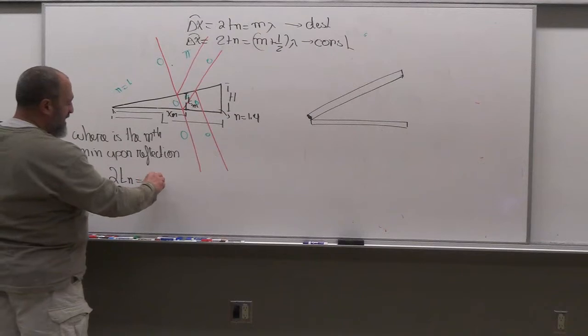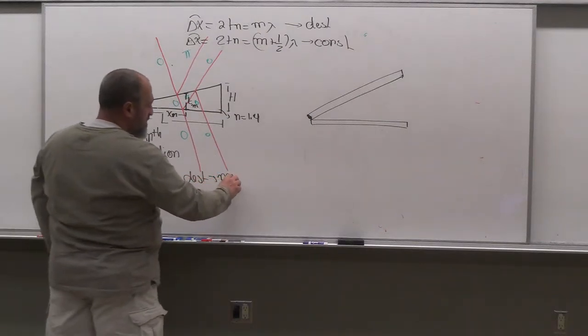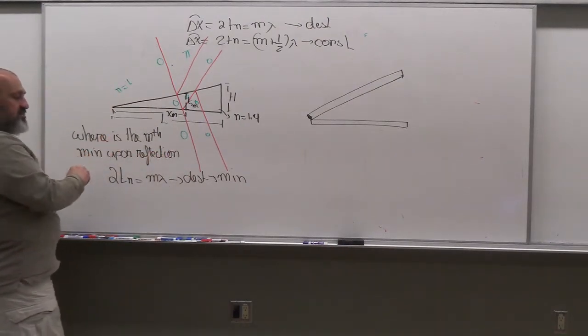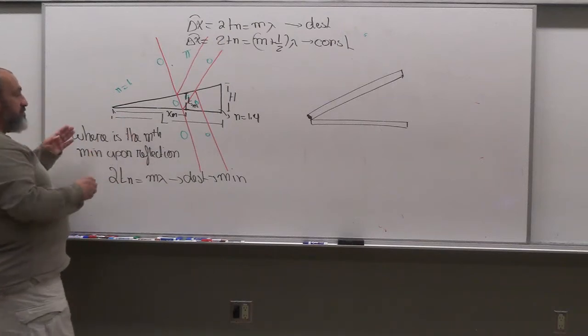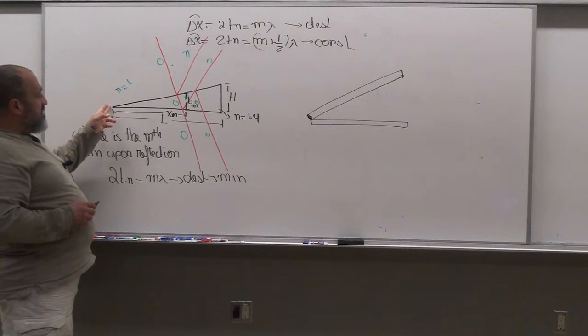2Tn equals m lambda gives me the destructive interference, and that's the minima, right? And that's what I'm looking for. The mth minimum is the mth destructive interference or fringe. So what you'll see here, guys, is at the corner you might have bright or dark, but then as you move in here,